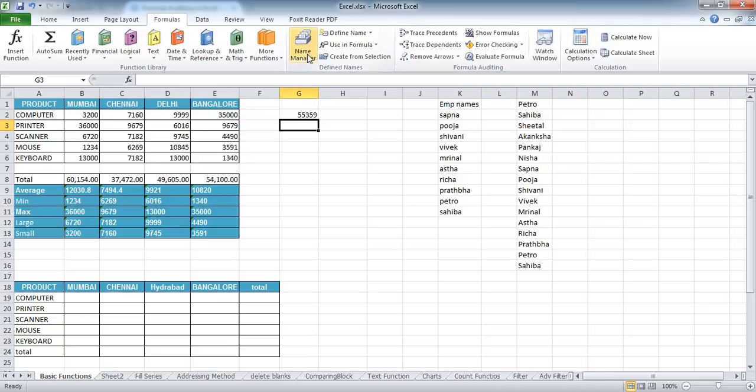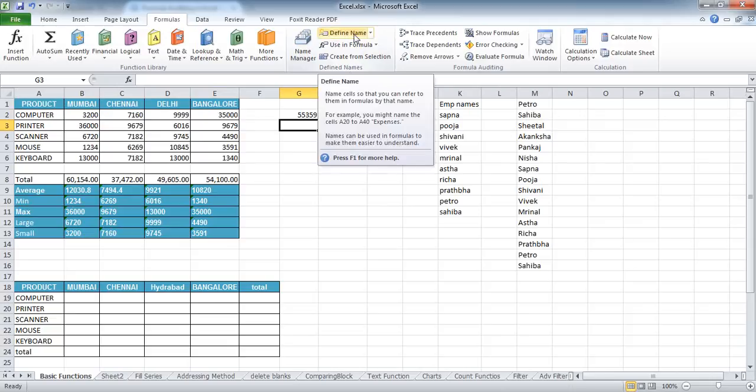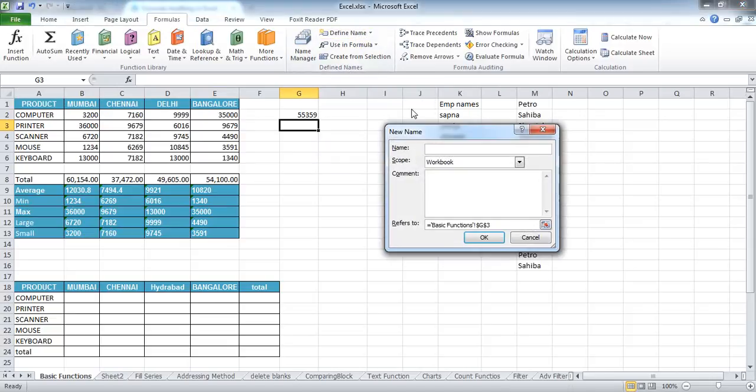It is called the Name Manager under the Defined Names portion of this ribbon. To begin with, first we will need to define a name. To define a name, you need to first click on this Define Name button over here. Clicking on this button, a new pop-up comes up and it asks you about different elements of this name which you're going to refer to.